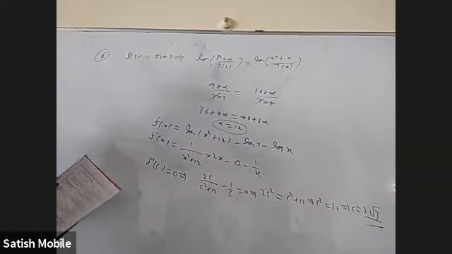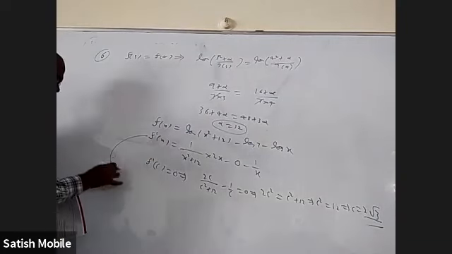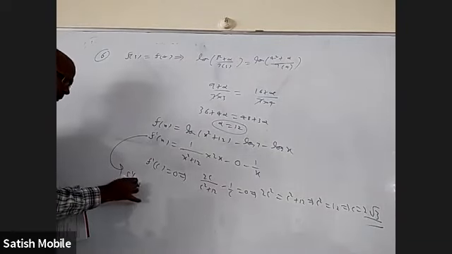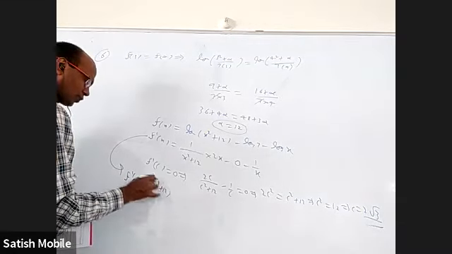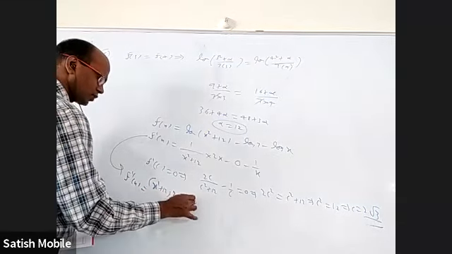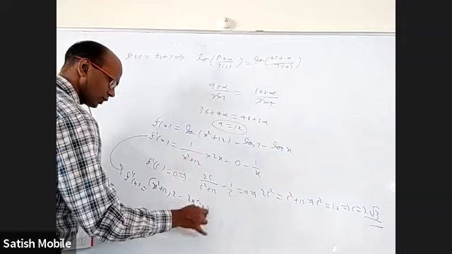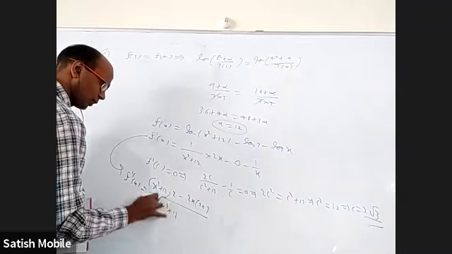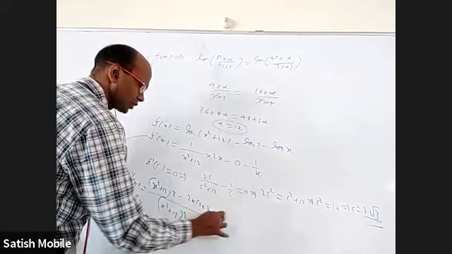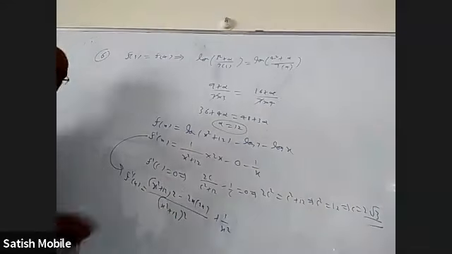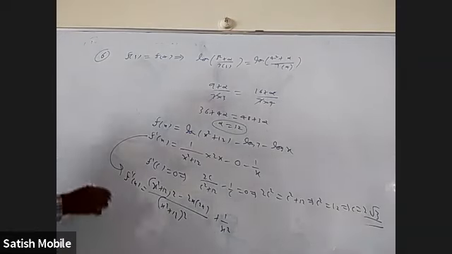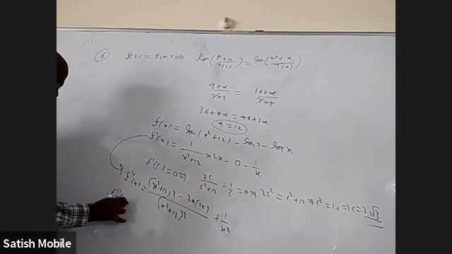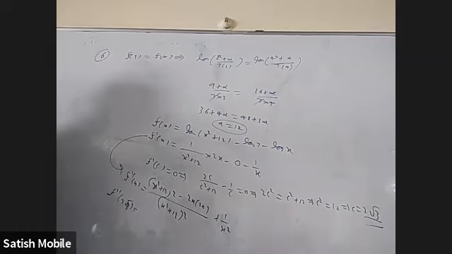Okay. Now find the derivative of this, f double dash x. This by this is x square plus 12 into derivative of 2x is 2 minus 2x into derivative of this is 2x by x square plus 12 whole square, and derivative of this is plus 1 by x square. In this substitute 2 root 3, you will get the answer. F double dash 2 root 3. You find that is the answer. All right.